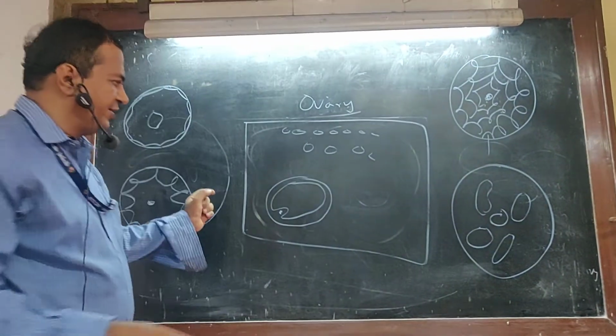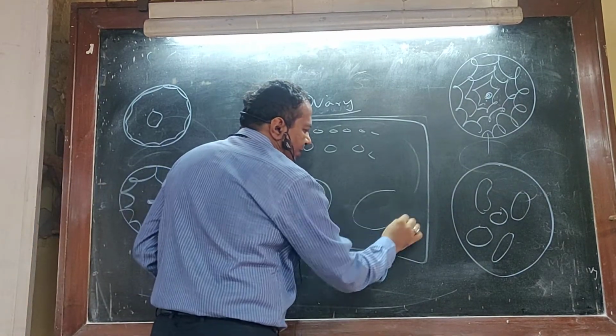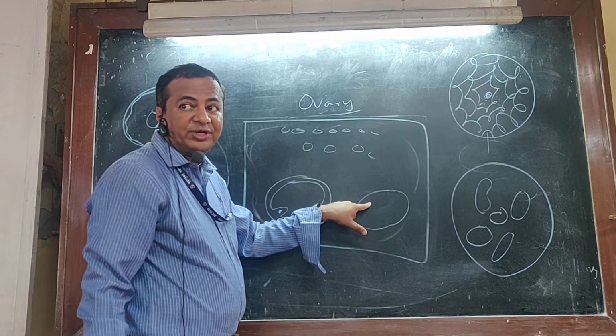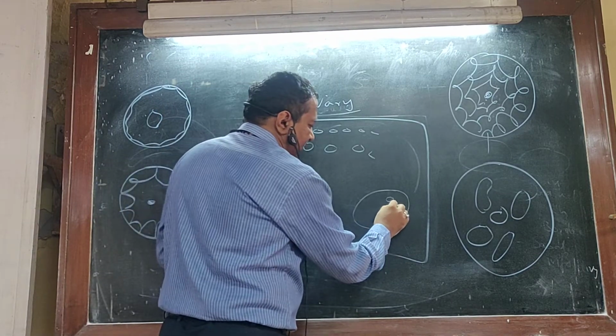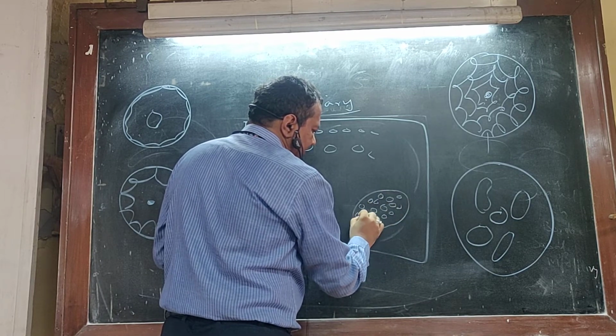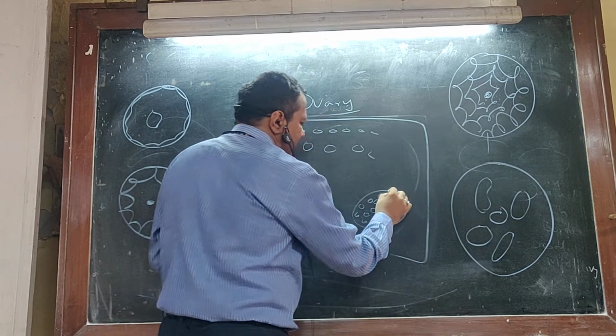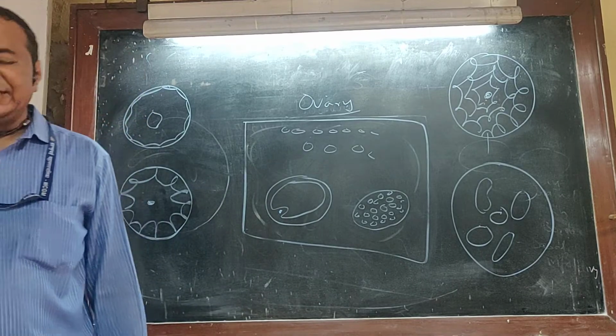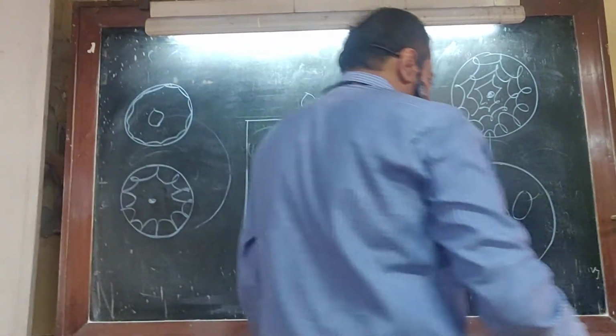So that's about the ovary, and then there will be the next stage somewhere here, where you will not see the secondary oocyte. What is that? Corpus luteum. Where there will be only cells, okay, with a yellowish appearance. Luteal cells. Corpus luteum. So all these stages you should be able to tell in the slide of the ovary.